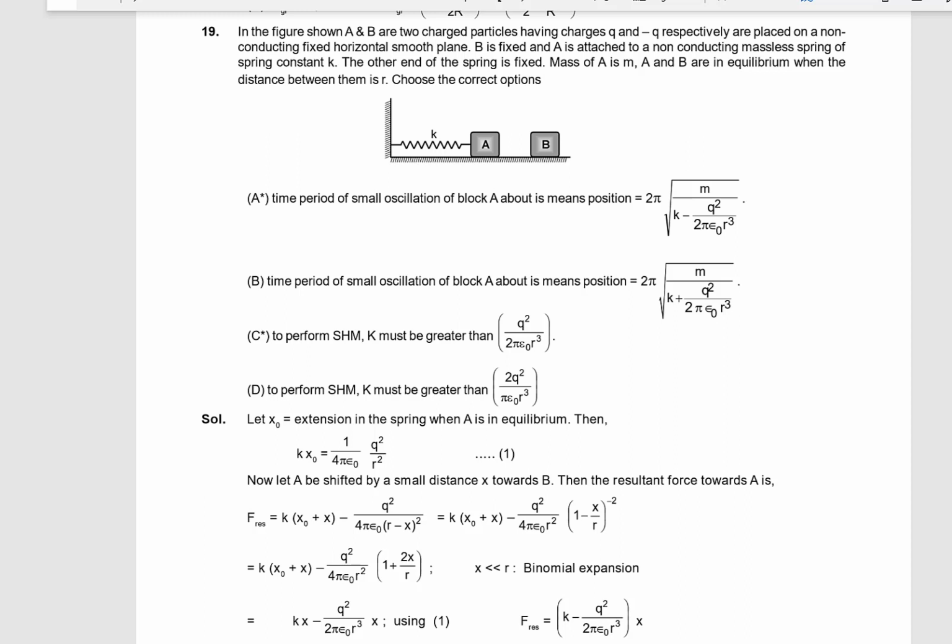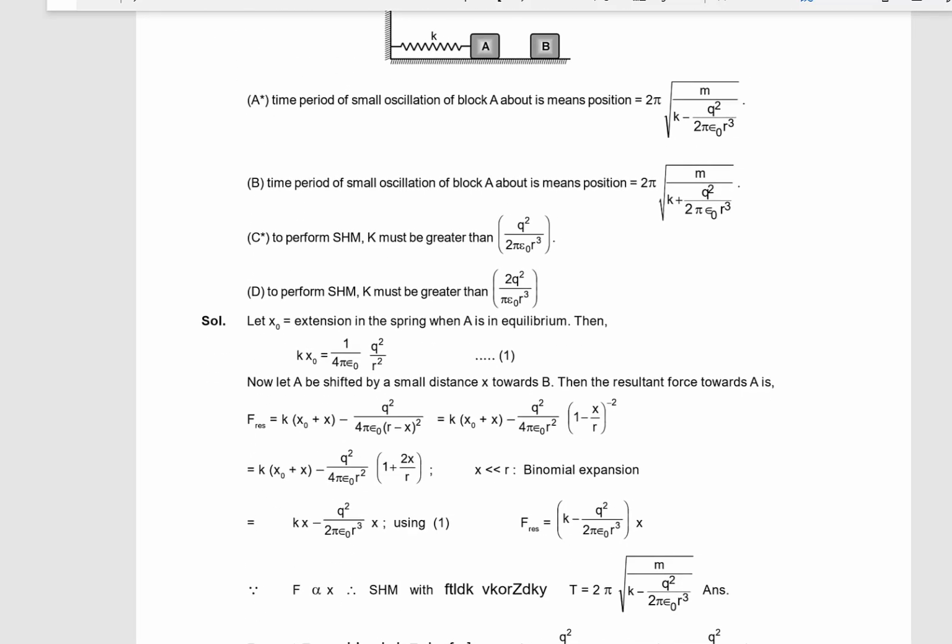between them. Now the initial equilibrium situation will not be at position x naught, extension x naught equal to 0. It will be at some x naught, in fact some compression x naught, because there is repulsion between these two. Or it will be at some extension x naught because there is attraction between these two. Say extension is x naught, we have force balance: k x naught is equal to k q1 q2 by r square. That is the first equation.